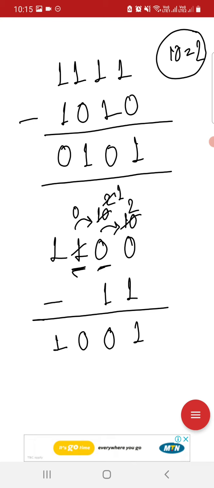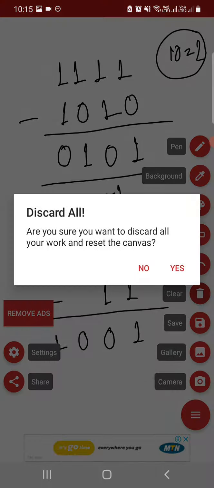Okay, is it clear? So when you don't have 1 in the next place, you have to take that borrow from the previous next place. That means from the second digit or from the third digit. Where you have the 1, you can take that borrow from that one. Okay, is it clear? So it is very important from where you can take a borrow. Okay, next example,